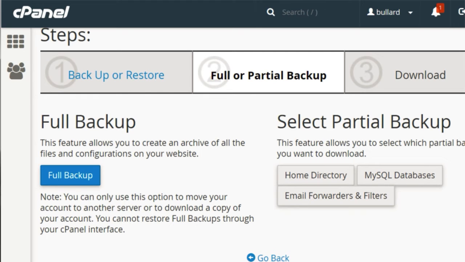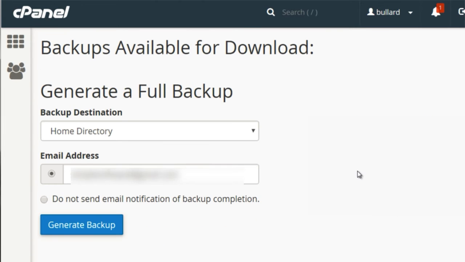Backup Wizard, on the other hand, allows you to do partial backup right here. But if you do a full backup, you can specify the backup destination. This will basically back it up and store it on your server in a specified destination. Then you can enter your email address if you want it to notify you when it is complete. I like to do this because it stores it on the server, but when it's done, it gives you the option to actually download to your computer as well. You could have it on your computer and on the server, just in case